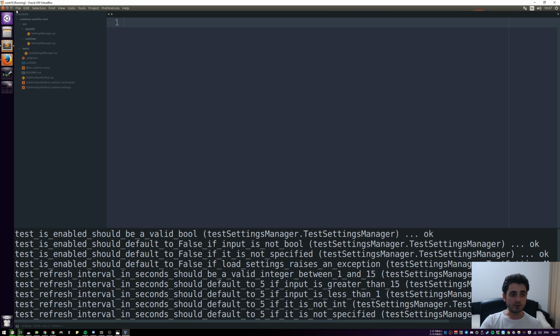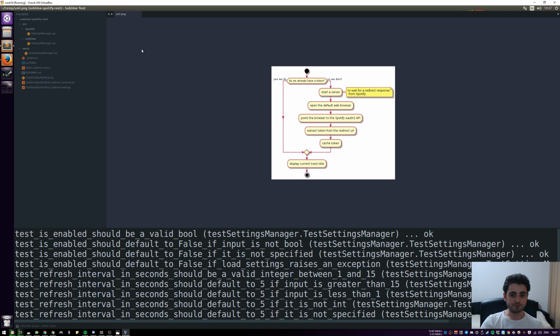Actually, hold up, I got a picture for you here. So this is called an activity diagram. So we start over here, and if we already have a token, so if we're in that branch, if yes, we already have a token, then we just display a current track. However it's implemented, but probably we'll ask Spotify, we'll send another request with the token and whatever. But basically that's it. So if you already have the token, all we need to do is to display the current track. But if we don't have the token, what we will do is we will start a server that